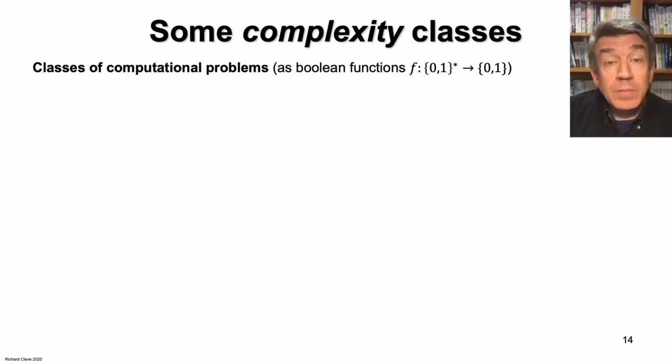In theoretical computer science, there are various taxonomies of computational problems according to their computational difficulty. And I'll briefly show you a few of these and how the power of quantum computers fits in with this classification. Consider all binary functions over the set of all binary strings. So these are problems where the input is a binary string of some length n, but where n can be anything,